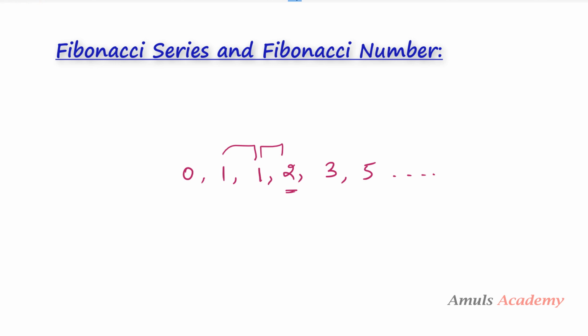We already discussed a program to print the Fibonacci series. Today we'll write the program to check whether an entered number is a Fibonacci number or not. For example, if I enter 5, it is a Fibonacci number, right? So it will give the output that it is a Fibonacci number. If I enter 4, it is not a Fibonacci number. Here we can't see 4 in this series, right? So we'll get the output as 4 is not a Fibonacci number. To print the next Fibonacci number in the series, we need to add two preceding numbers, right?